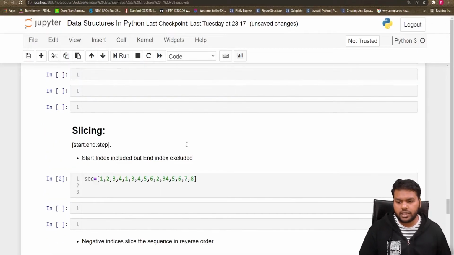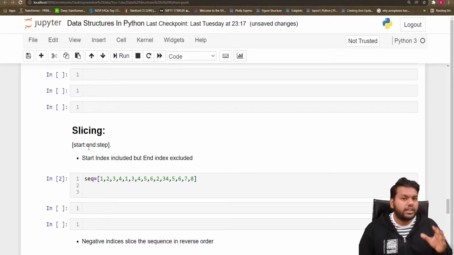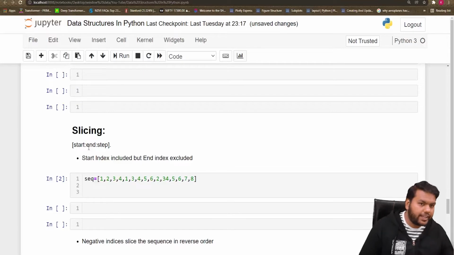Moving forward, let's learn about slicing. Slicing is a very important concept in the list. Its syntax is the start index, the end index, and the third one is a step. You don't always need to define the step. If you don't define it, it will assume the step is one element at a time. The start index is always included, while the end index is not included. That means if you slice a list, it will take elements from the start index to the end index minus one